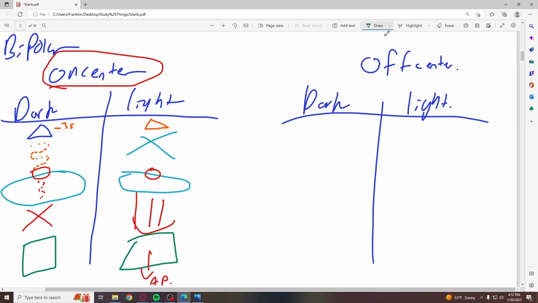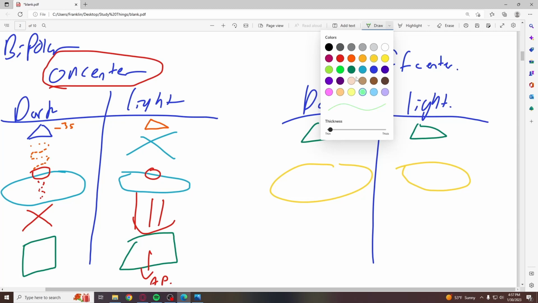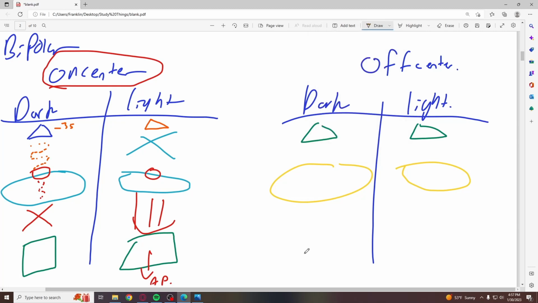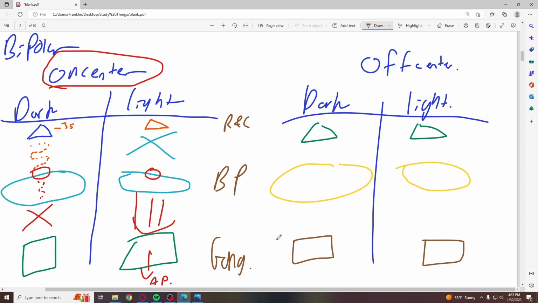So then in the off center, let's draw this again. These are the same molecules. It's just, so these are R and C, bipolar, ganglions. Alright, so in the off center,